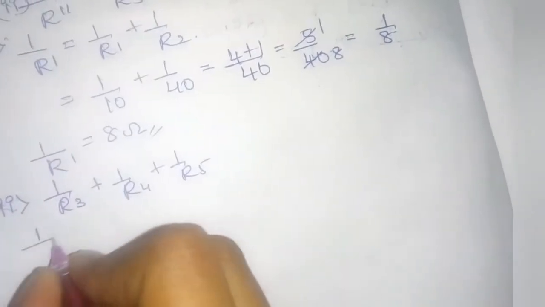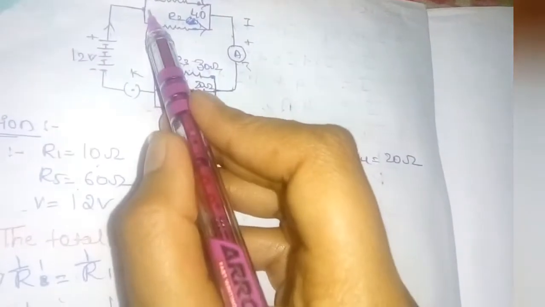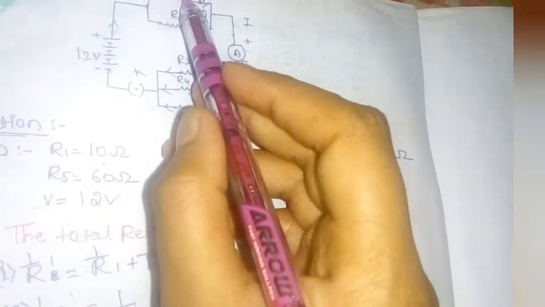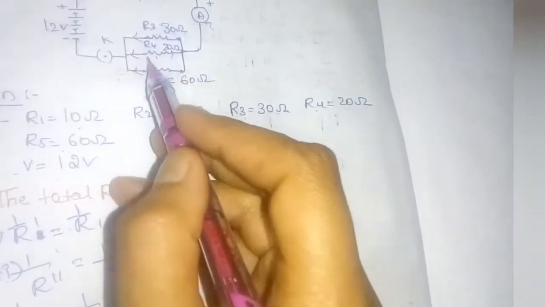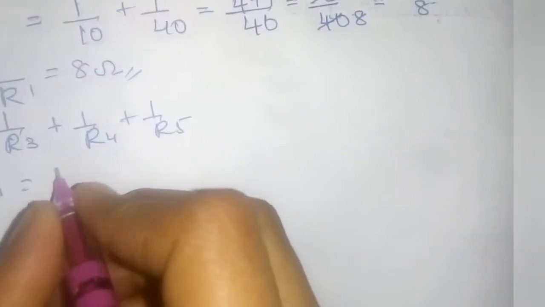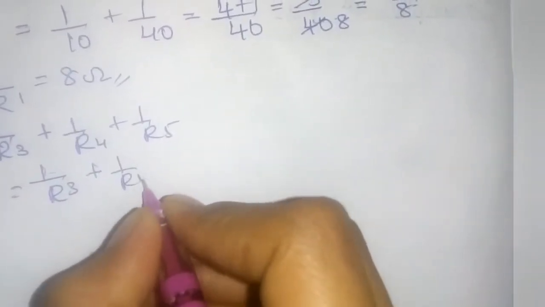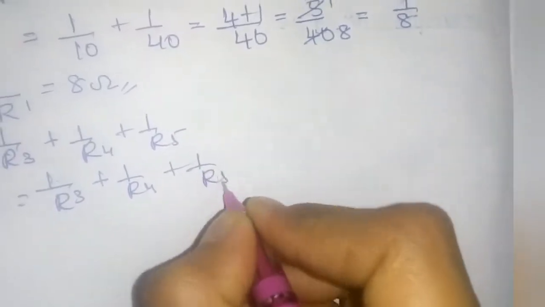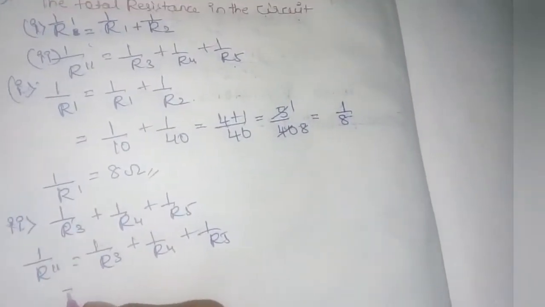So it is having a 1 by R double dash, which we were given the name, that is connected in a first series. We were given 1 by R dash equal to 1 by R1 plus 1 by R2. So 1 by R double dash is equal to 1 by R3 plus 1 by R4 plus 1 by R5. So like that we have to write it. So now 1 by R double dash is equal to 1 by R3 plus 1 by R4 plus 1 by R5. You know the value of resistivity, so put the value here like that.